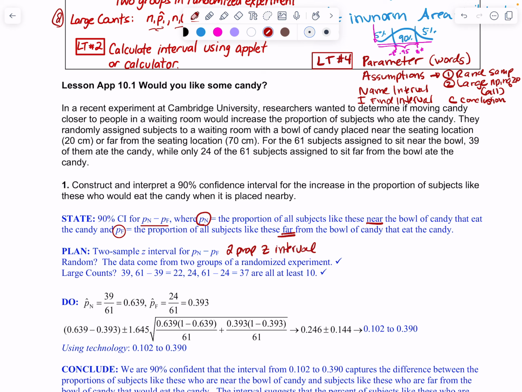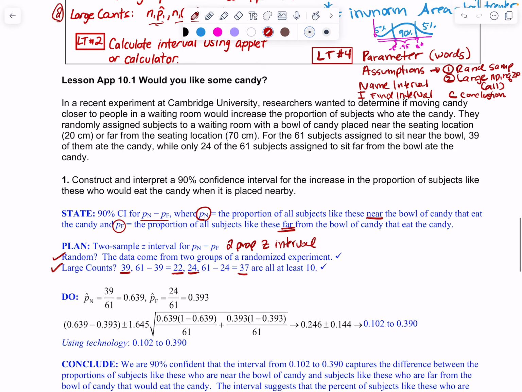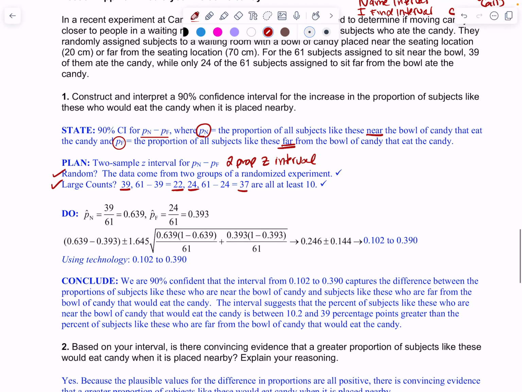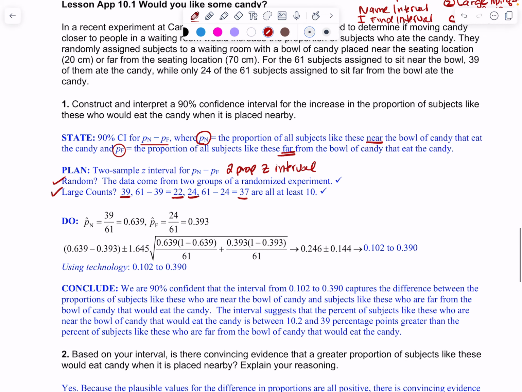We check the count, we check random, and it says that it came from a random sample, both of them. You got to say both, from 2 groups of a random experiment, and large counts. And of course, I'm making sure that they are at least 10. So n, p, and q, basically all the counts. So I have 39, I have 22, I have 24, and I have 37. All the groups are bigger than 10. That's the whole deal. Okay, so when I do this one, I have my p hat is 0.639 and 0.393,